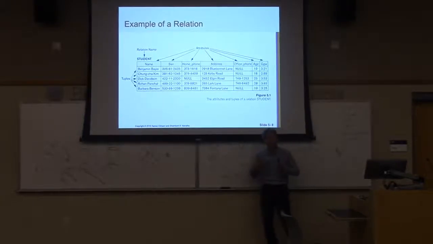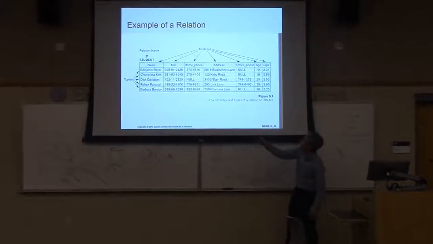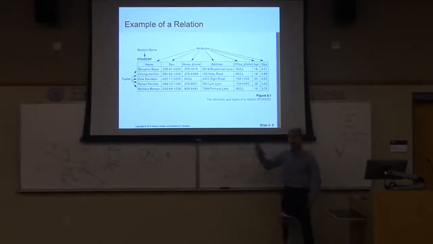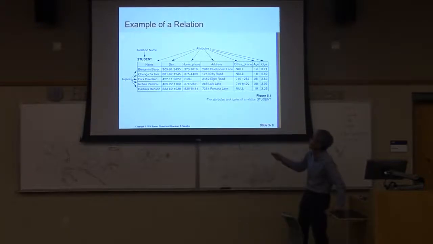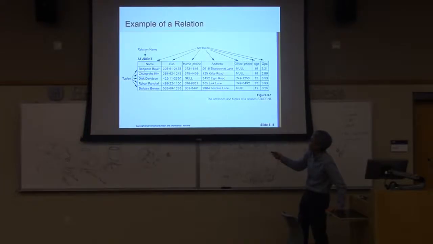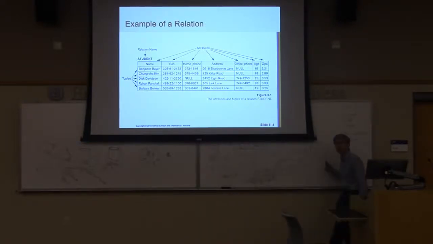If you have name, social security number, and GPA, you can explain what is a student. On the other hand, if we know all possible data, like the 5 data, Benjamin Bayer, Chung-Cha Kim, Dick Davidson, Rohan, and Barbara, the 1, 2, 3, 4, 5 examples,